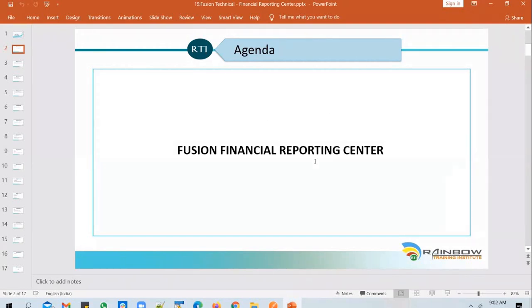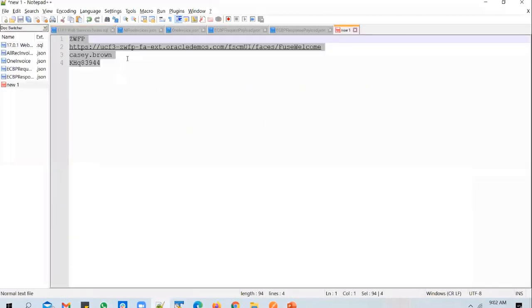For this FRS report, we need to have some data available for at least the past couple of years, at least a few years. So for that reason, we will not be using the ECBP instance, but instead we will use a public cloud instance, because we need a lot of seeded data to get a sensible output when you run those financial reports. So we'll be using a public cloud instance. I believe I've pinned this in the chat already. Yeah, we'll use this public cloud instance, and we will use a different user.